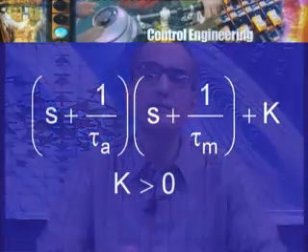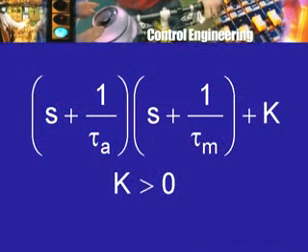The root locus method enables us to handle this kind of a situation when you have a polynomial in which some coefficient of it can be considered to be varying, and we want to study the effect of what happens to the roots of the polynomial as this coefficient k is changed. In our case, of course, these 1 by tau a and 1 by tau m terms are fixed. In fact, all the coefficients are fixed. So, I am only saying that we want to decide which one of the three cases is holding, and that is why this whole exercise.